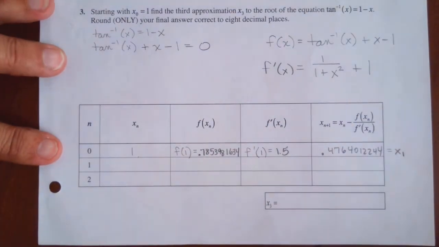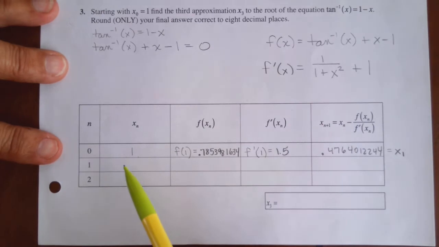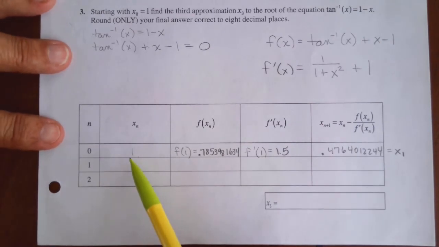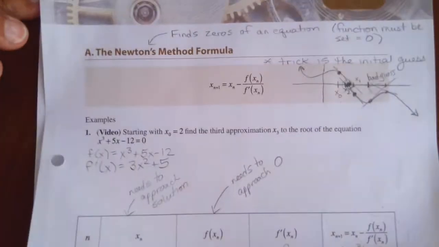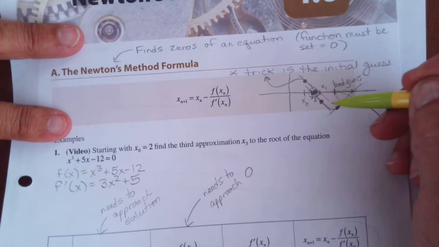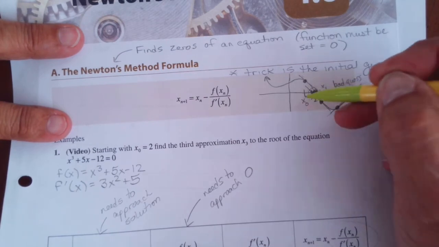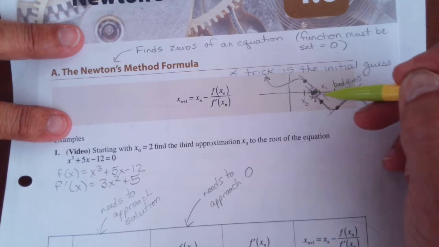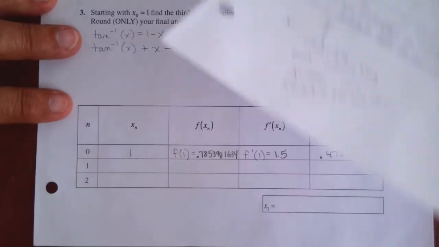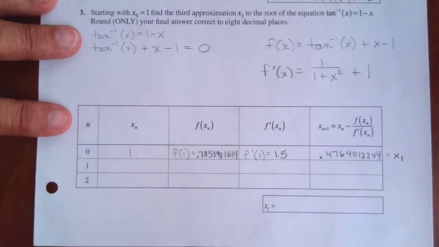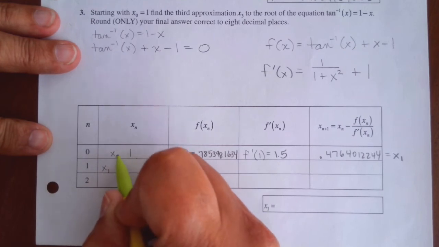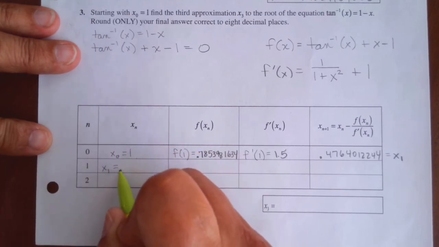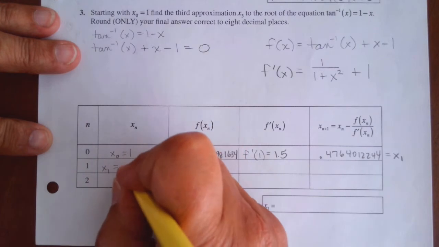All right. So this is the new approximation. We're going to call that x sub 1. So we started with our guess of 1, and now our new guess is this 0.47. So remember my picture up here. We're moving around, so sometimes we jump back and forth over that root, but we're trying to get closer and closer to the root. Okay? All right, so now this becomes x sub 1. This was x sub 0. So this is 0.4764